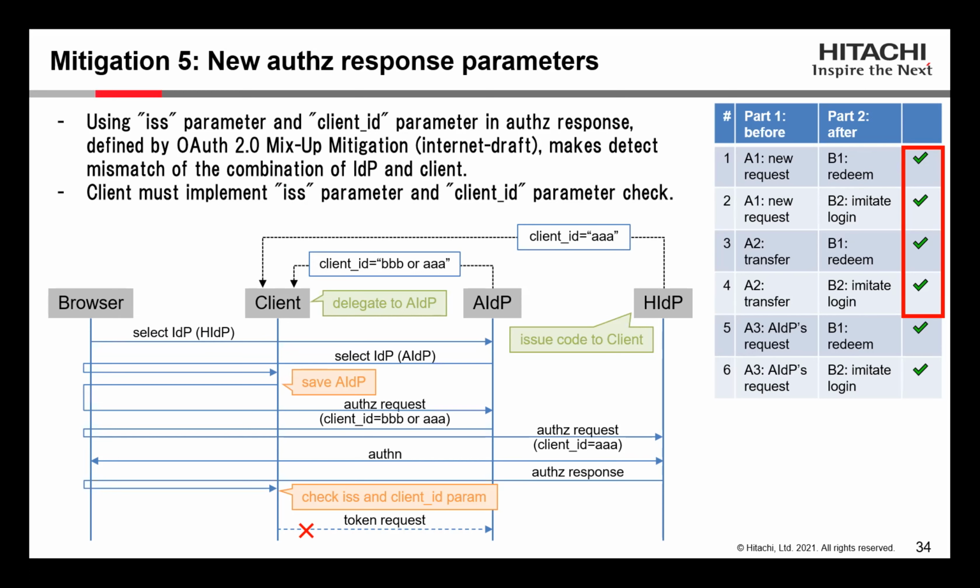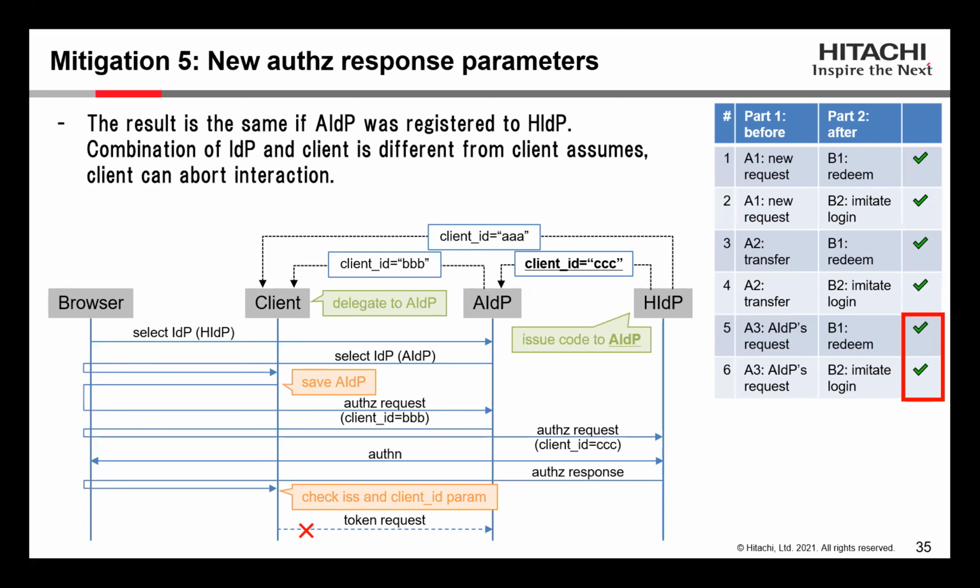I know that it was in the earliest drafts for the issuer parameter, but I don't think that it's strictly needed. Maybe in this pattern, I think the client needs to check the client ID because